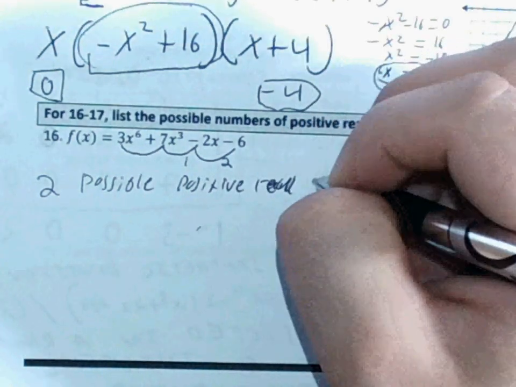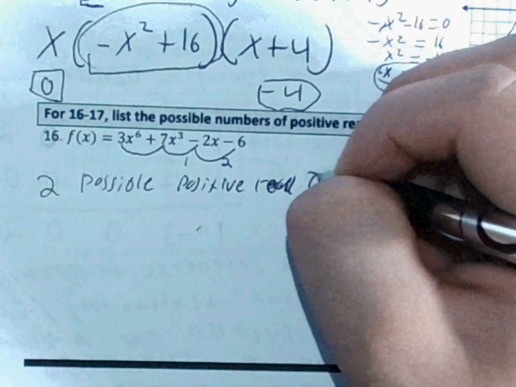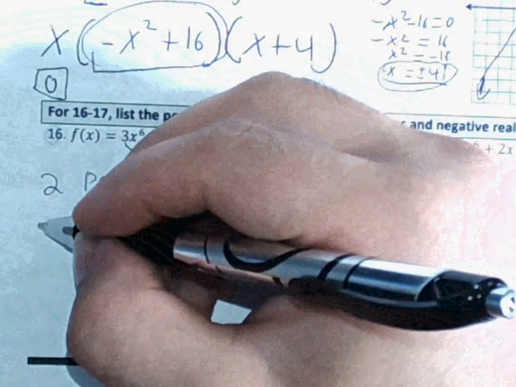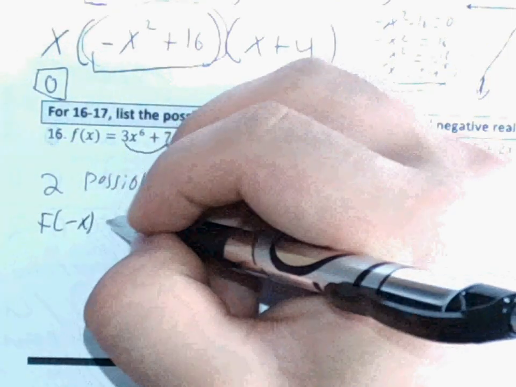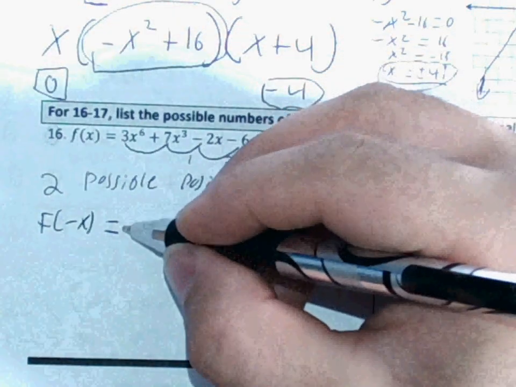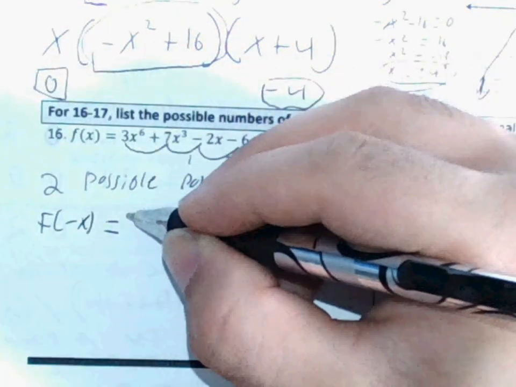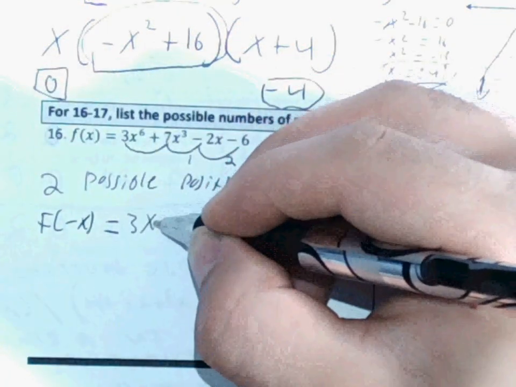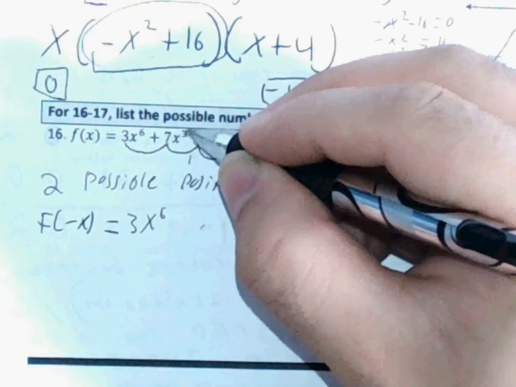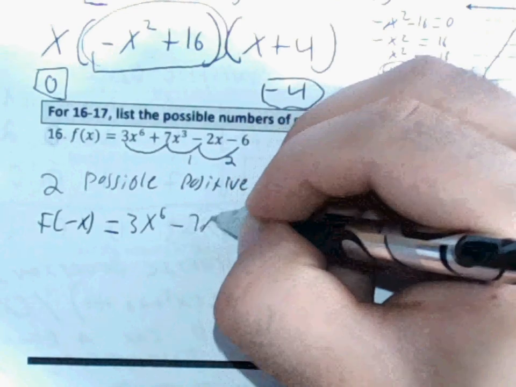Real zeros. Let me just write zeros. And then to find negative sign changes, we'll need to find f of negative x. F of negative x is equal to x to the 6th, it'll still be 3x to the 6th. But then you change the sign for the odd terms, so it'll be minus 7x cubed